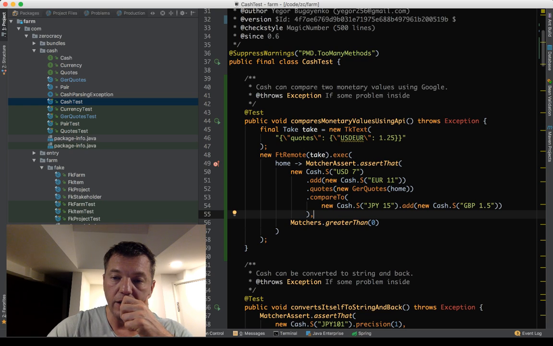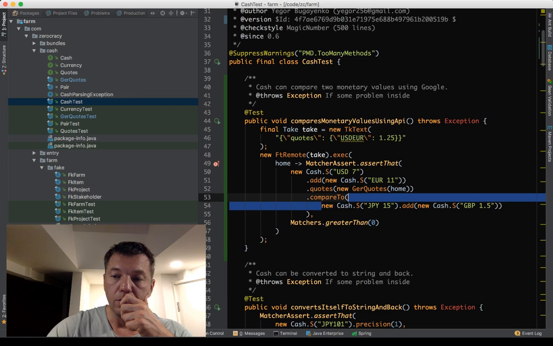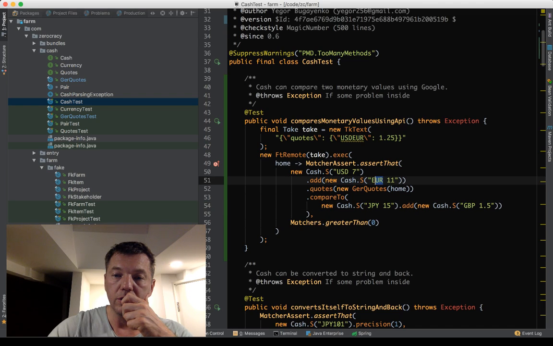So we create cash, $7. We add 11 euros. We say that for conversion, please use this class. And then we say compare to this one. So in order for this compare to work, we need to convert yen, Great British pounds, euros, USD, all of them.